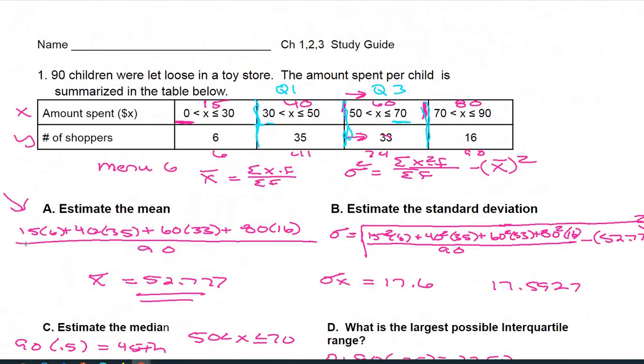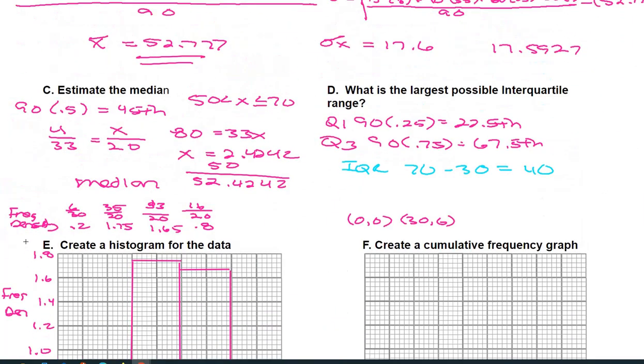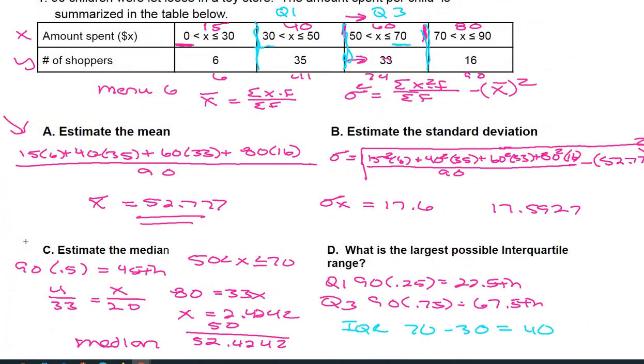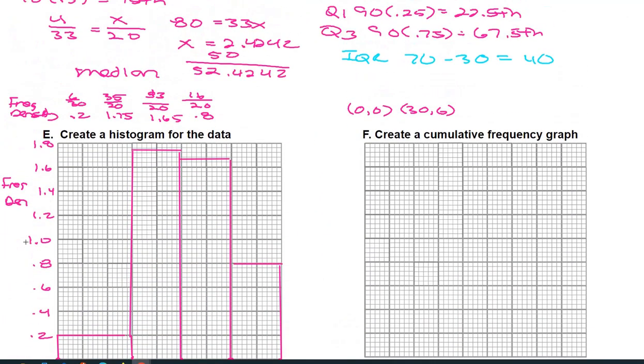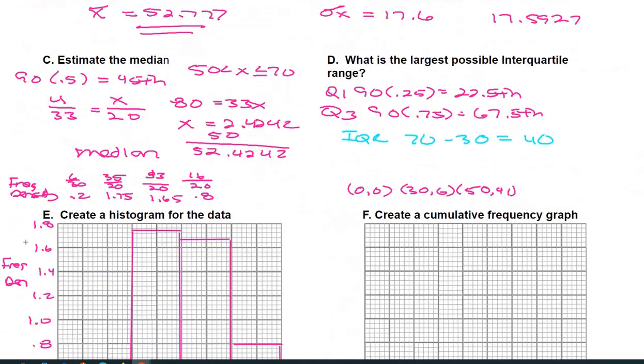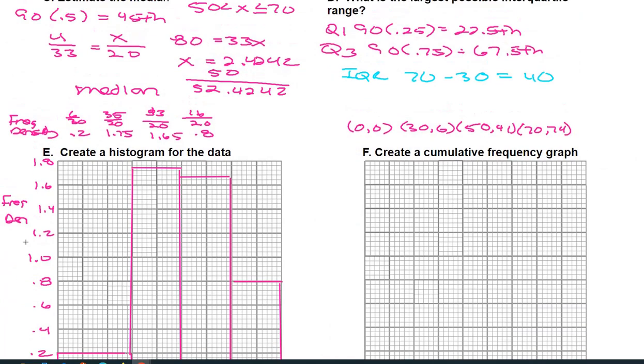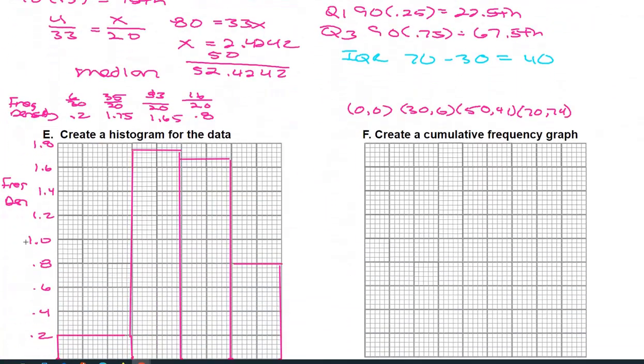And then I'm going to pick the end of each class. So this is going to be 36, because I'm doing the cumulative frequency. 30 and 6. And then my next one's going to be 50 and then 41. And then I'm going to do 70 and 74. And then my last class is 90 and 90. All right, so now I'm showing people what my points are, and now I've got them right here, and I